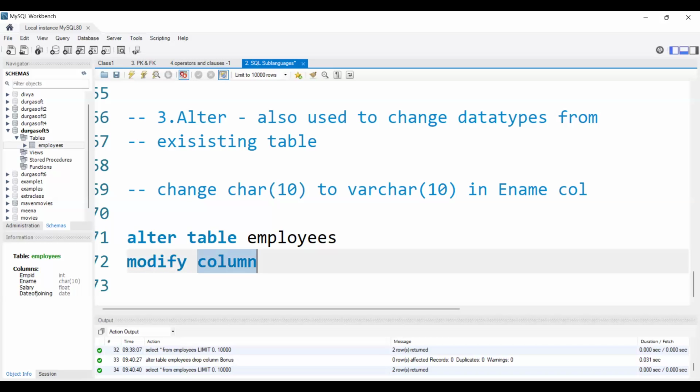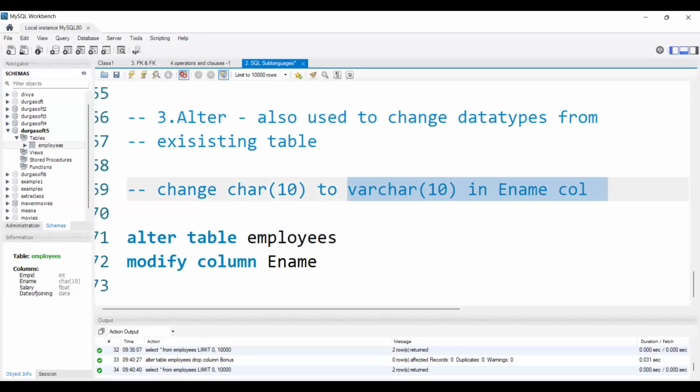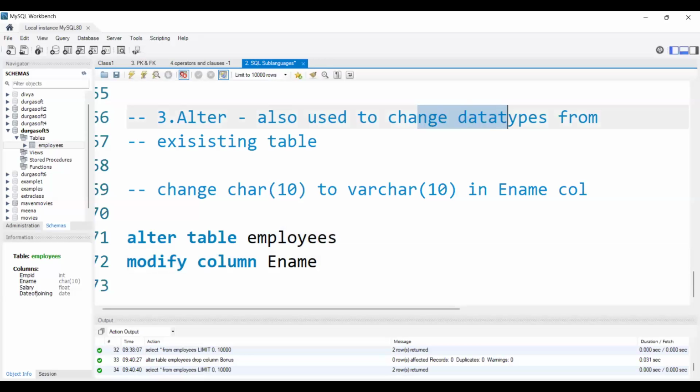Basically I'm changing the data type on the column only, on the employee column. That's the reason I will use column. I'm modifying the column in this table. That is the meaning here. What is the column name we are modifying, we need to give that name here. And we are modifying from char of 10. We can change the data types, right? So we need to give the new data type name here.